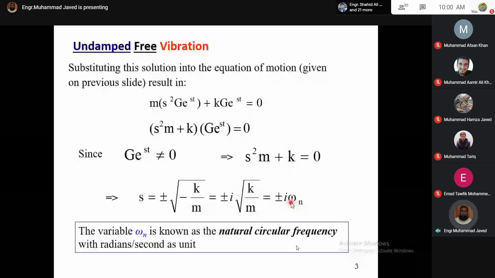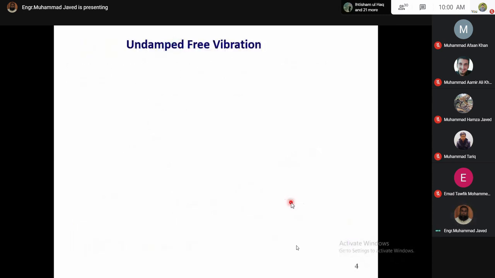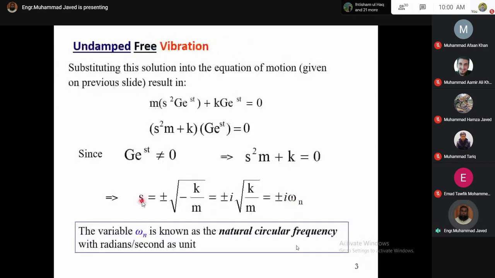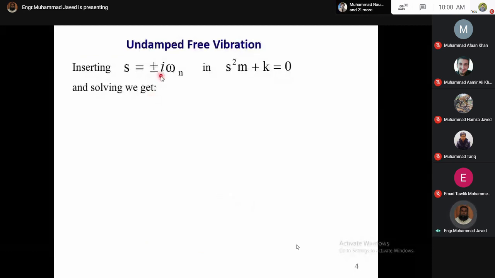This is an important term, and you will deal with this term very frequently. So natural circular frequency omega n is simply under root k over m. Now you have determined the value of s, and if you insert this value of s in this equation and then solve the equation,